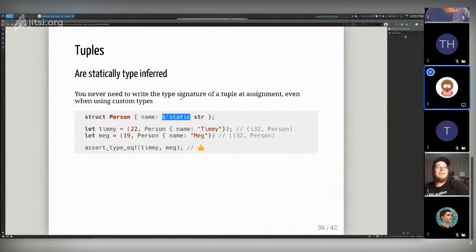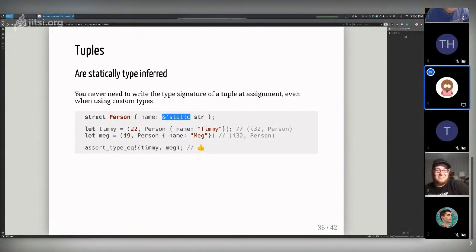Yeah, and I think one of the tragedies, if you will, about Rust as it is right now is that even something as basic as using string literals requires you to understand lifetimes, kind of.